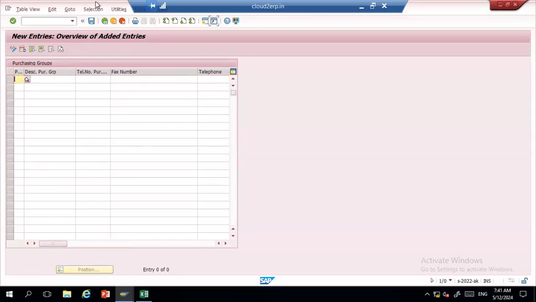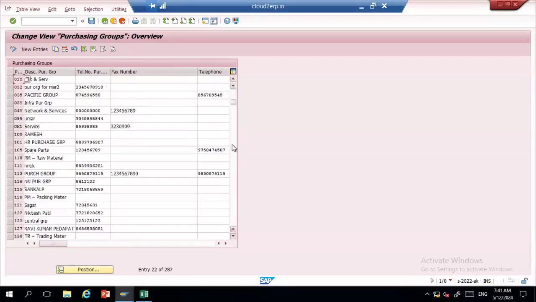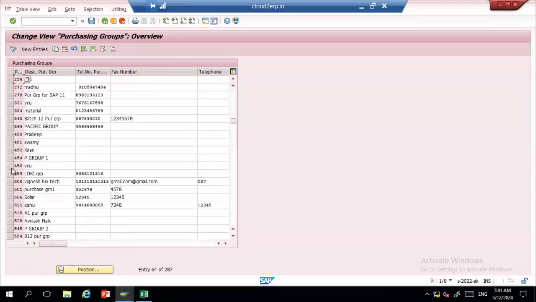Okay, I don't want to waste one number range, so I'm leaving it. I'm not creating it. So everyone has created in such a way. The purchase group is a person or a group of persons. For example, you can see this is a person name. And if you see this is a group of person, for example,